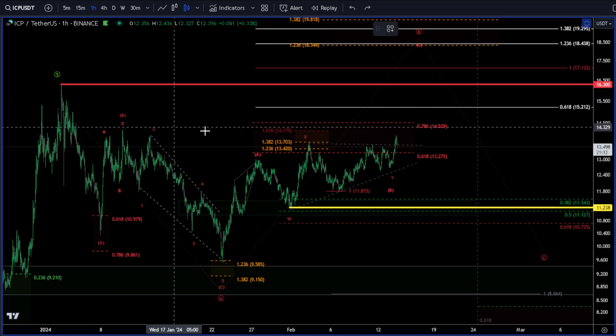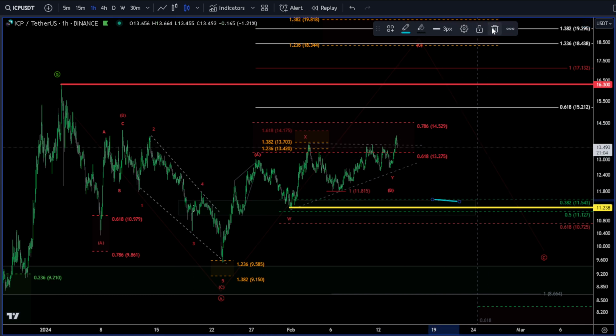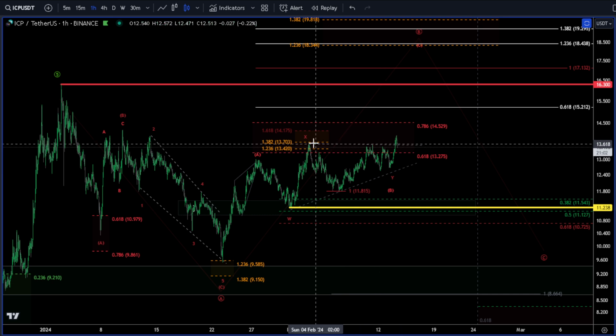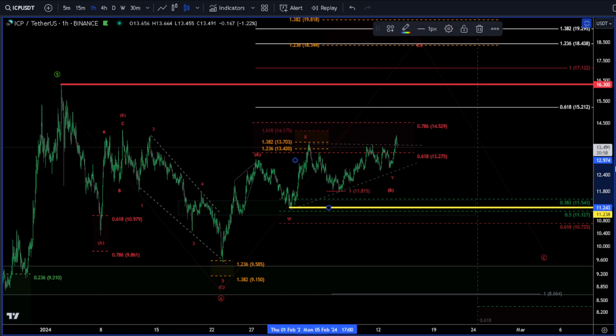Now, if we are still in the middle of our B wave, where this is our A, we're working on our B wave. As you can see, this is my pivot here from our original A wave. And that is,